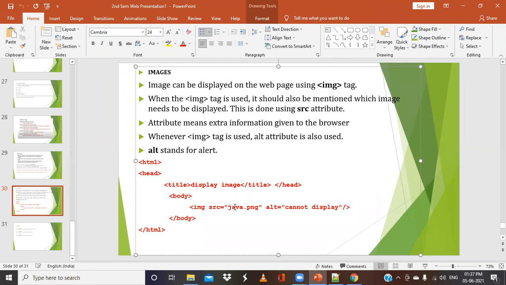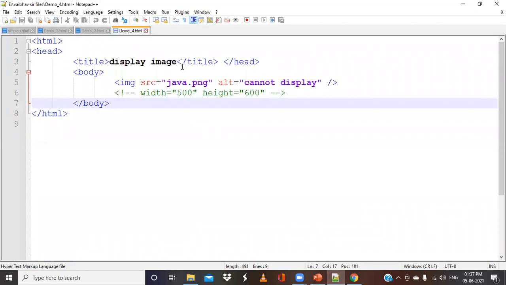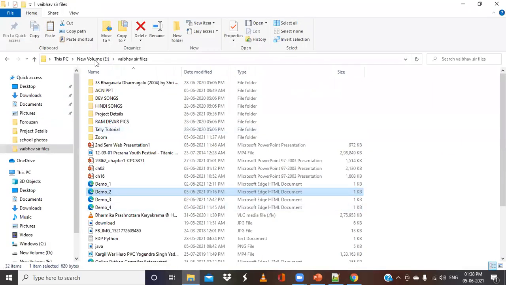I need to have this particular file in the directory, then only I can use this image tag. So for example, I have written this file, demo4.html, and this file is present in the E drive, inside my Vaibhav files folder.